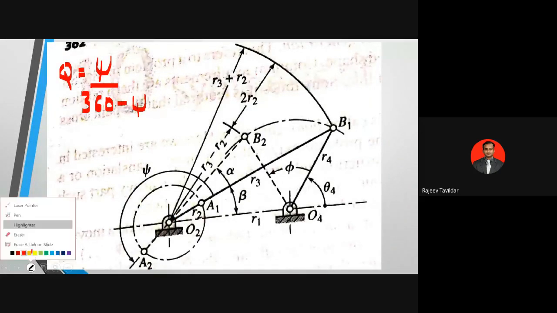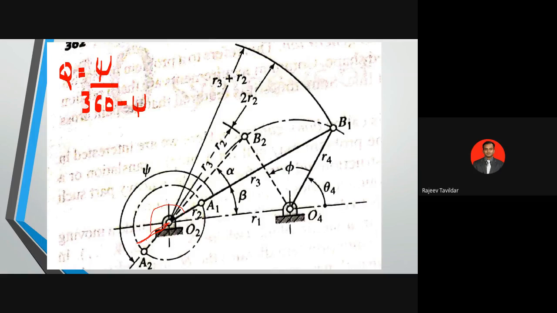So let me extend this line for your understanding. This is the straight line over here. That is O2A1, which I have extended on the other side. So from O2A1 up to this angle is 180, and this remaining angle is alpha here. So total psi will be equal to 180 plus alpha. So the same thing I'm going to write now. Psi I'm going to write as 180 plus alpha